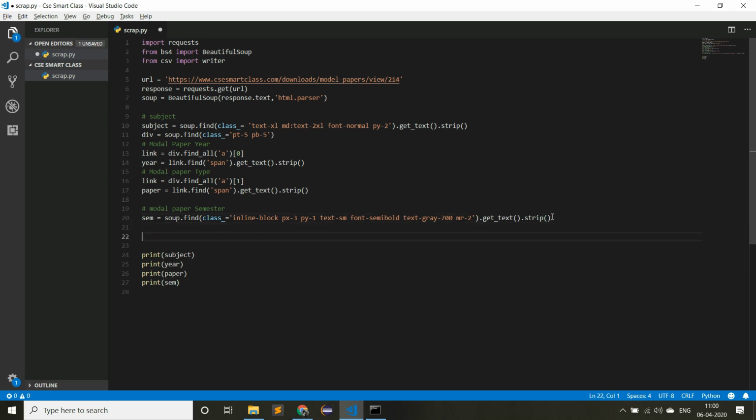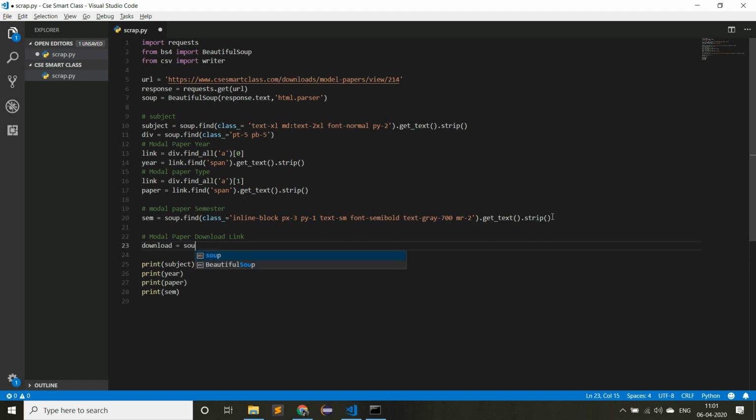So mention a comment like model paper download link. Create a new variable download